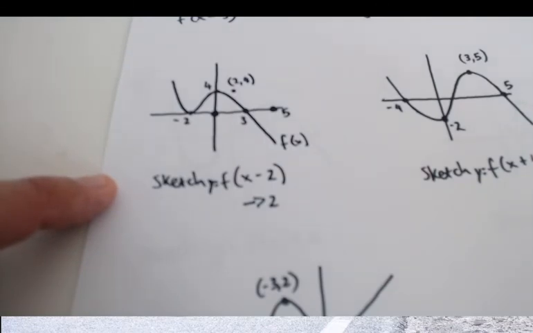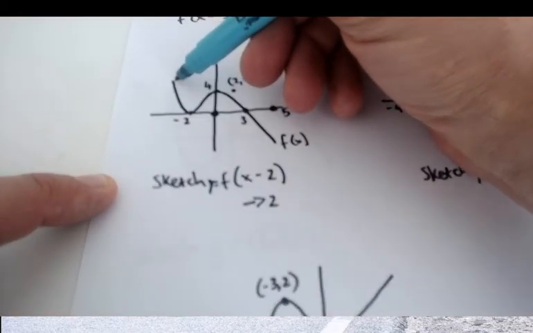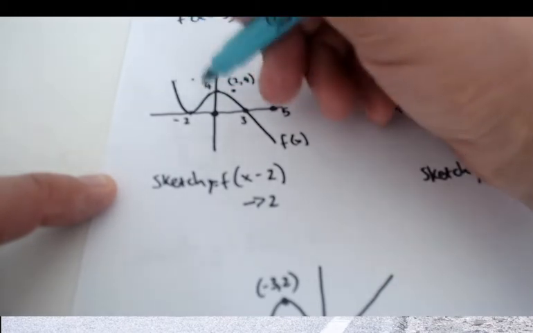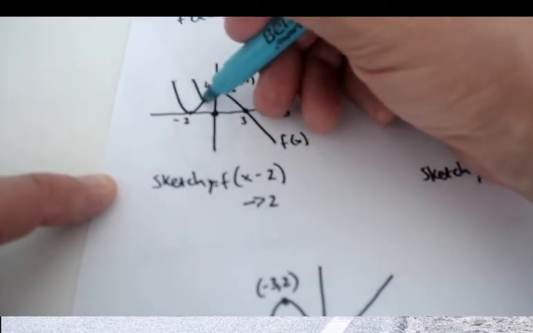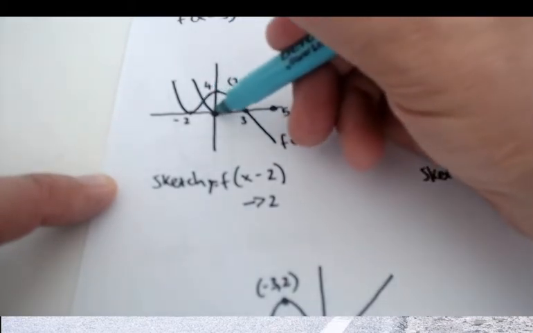Now I need to draw the shape of the curve that we had before and then see what this is going to look like. So there's my starting point. I'm going to start 2 spaces to the right, be about there, and I want to follow this down. So I'm going to follow it down to there. Then we came up, so I'm going to come up to my new point,